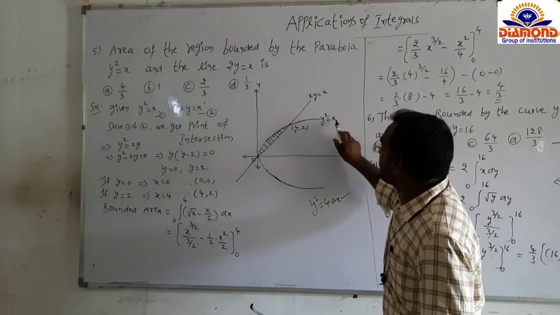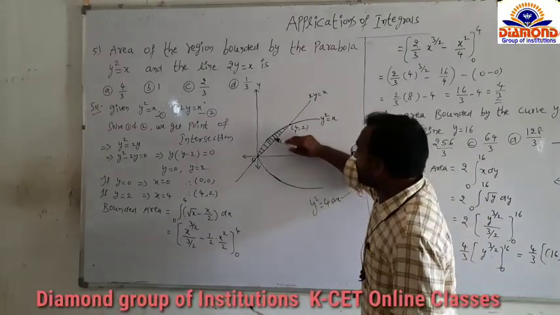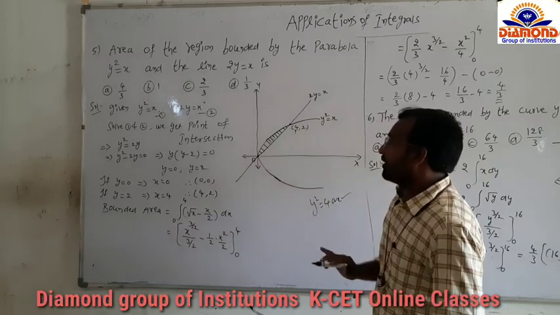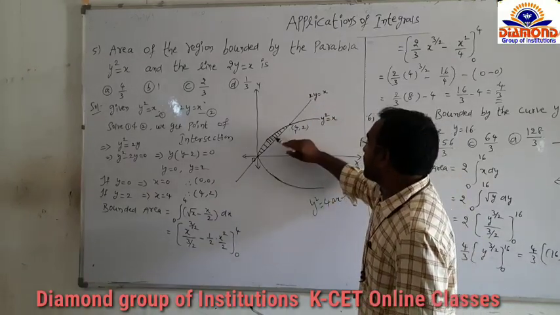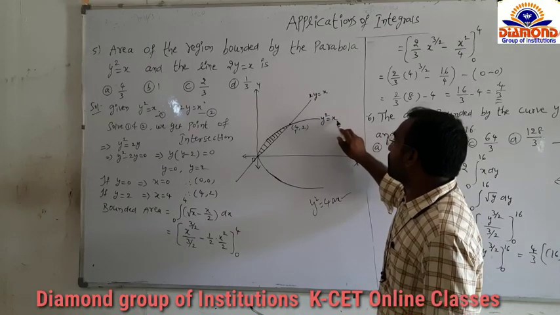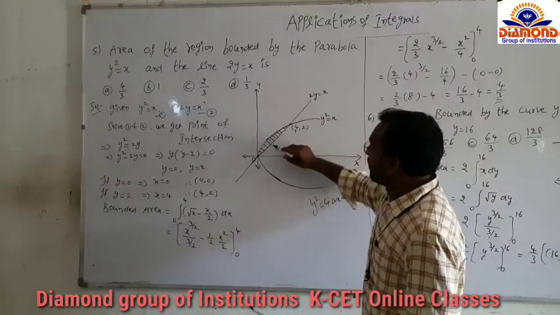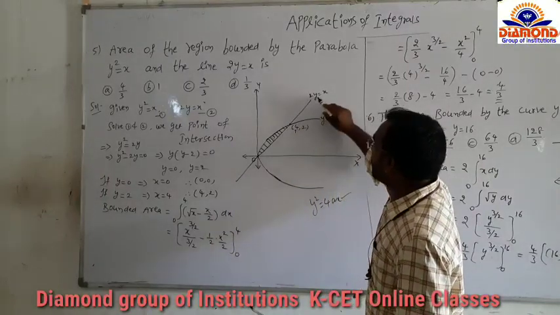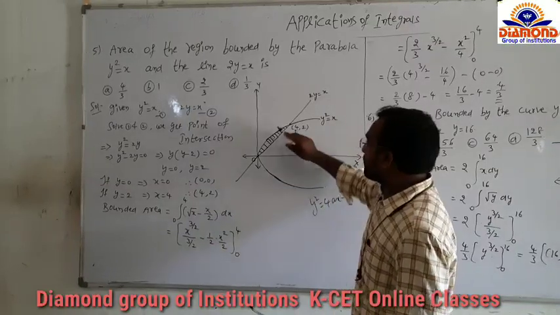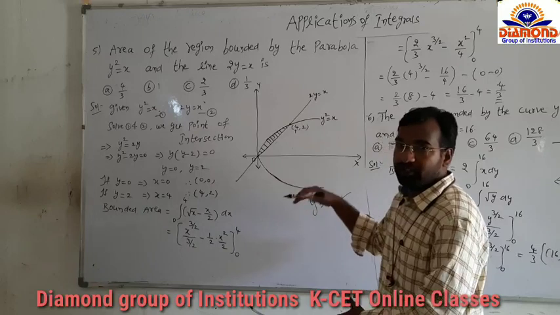So here two curves are there. Upper curve is y square equal to x. Downside is the line. So in this type of bounded area, always you do upper curve minus lower curve area. So 0 to 4. Upper curve is parabola. From the parabola, y equal to what? Y equal to root x. So root x minus downside is a line. From the line, y value is what? X by 2. So x by 2. Always do upper curve minus lower curve bounded area in the case of two curves are given.